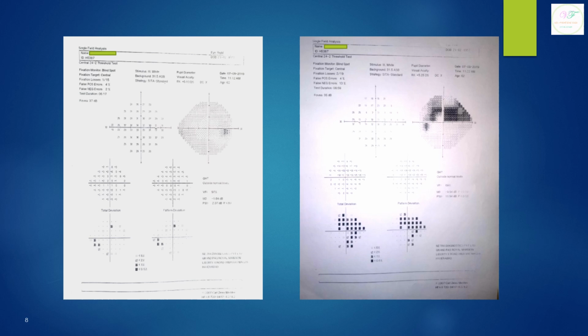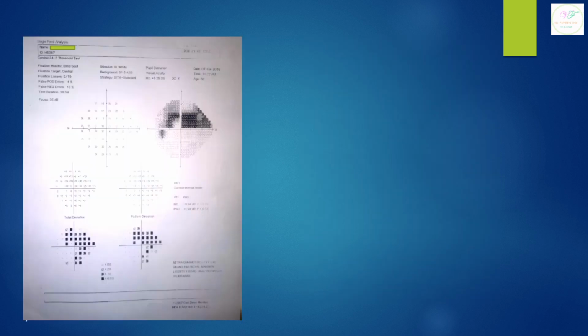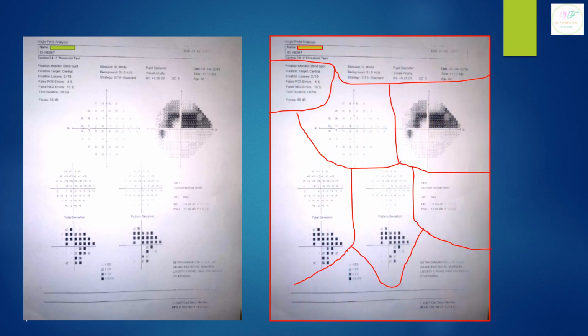This is how a typical visual field report looks like, and now let us learn how to decipher it. Whenever you come across anything which is very complex, the easiest way to handle it is to break it into small pieces and have a control over it. So we are now dividing the visual field charts into a few zones so that we can understand what is there in each zone and how to interpret each zone separately.